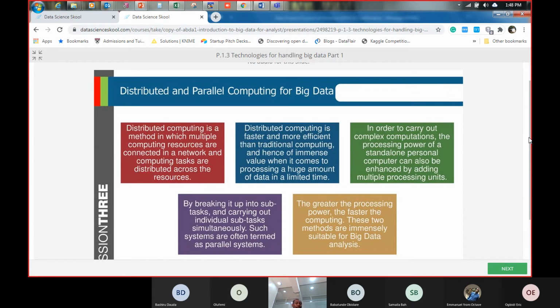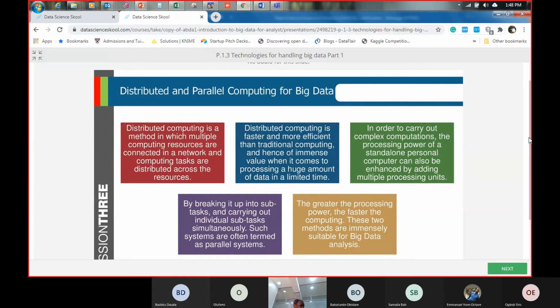So distributed computing is a method in which multiple computing resources are connected within a network. So rather than only one supercomputer getting the job done, multiple computing resources, and when we say computing resources, we mean hard disk space, processor speed, and memory, are connected in a way that the task that needs to be done is distributed around them. It's a lot faster, it's a lot more efficient. Of course, I gave the train example.